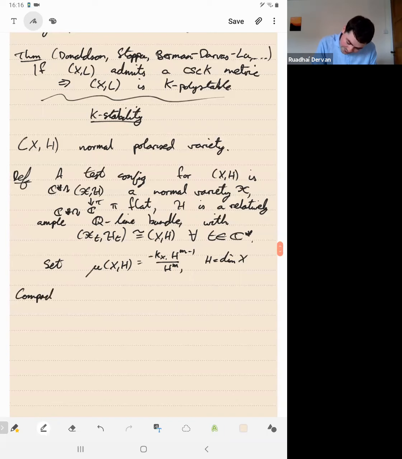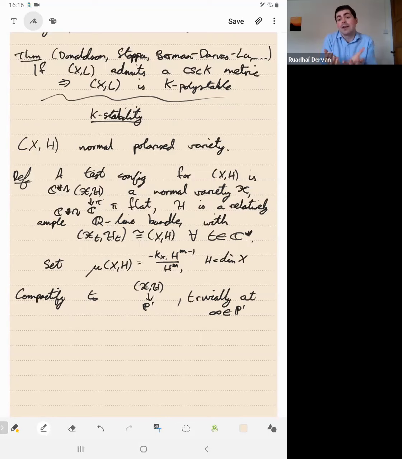The next step is to compactify this family over C to a family over P1. So this is a trivial family away from t equals 0. So I can equivariantly compactify it to a family over P1 instead of C just by adding the trivial family at infinity. So we compactify to something I'll abusively denote as (X, H) over P1 still. So this is the trivial compactification at infinity in P1. As usual here, I'm thinking of P1 as C union infinity, the Riemann sphere.